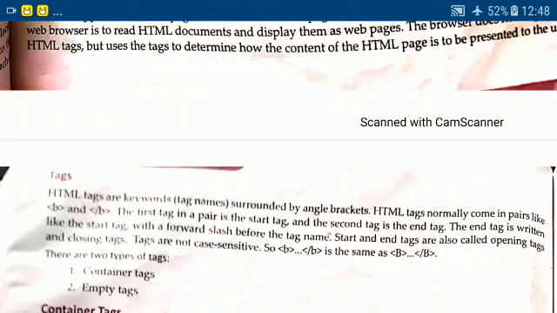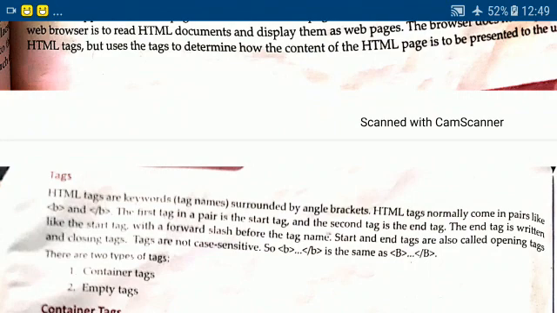HTML tags are keywords, tag names surrounded by angle brackets. HTML tags normally come in pairs, like the opening tag B with closing angle bracket, and the opening tag /B with closing angle bracket. The first tag in a pair is the start tag and the second tag is the end tag.